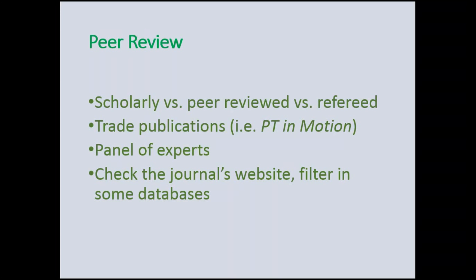Along with that, the journal's website will also tell you whether the journal is peer-reviewed or not. Usually peer review is a big selling point for a journal. People are looking for peer-reviewed journals and articles from peer-reviewed journals. So if they're peer-reviewed, they're going to tell you that on their website. They're going to be proud of it. So usually, if you go to an About This Journal section of their website, they'll say that this is a peer-reviewed